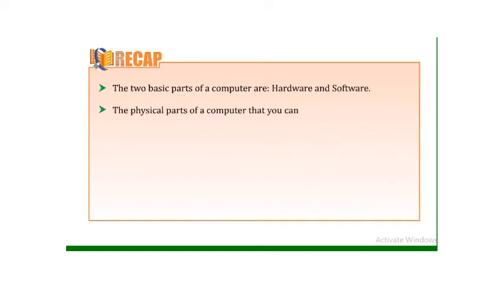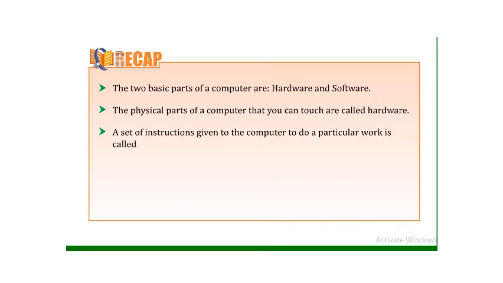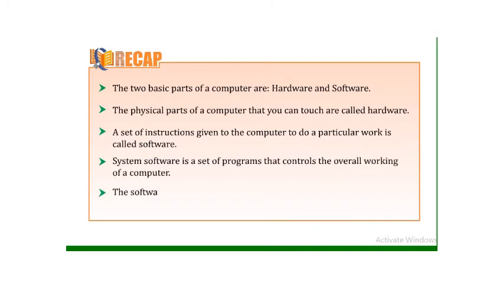Okay students, let us take a recap of this chapter. The two basic parts of a computer are hardware and software. The physical parts of a computer that you can touch are called hardware. A set of instructions given to the computer to do a particular work is called software. System software is a set of programs that controls the overall working of a computer. The software that is designed to do a specific type of work is called application